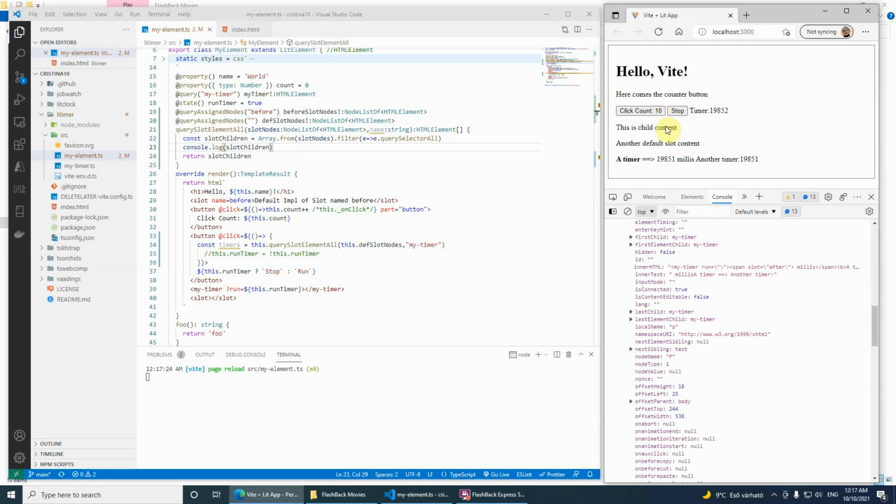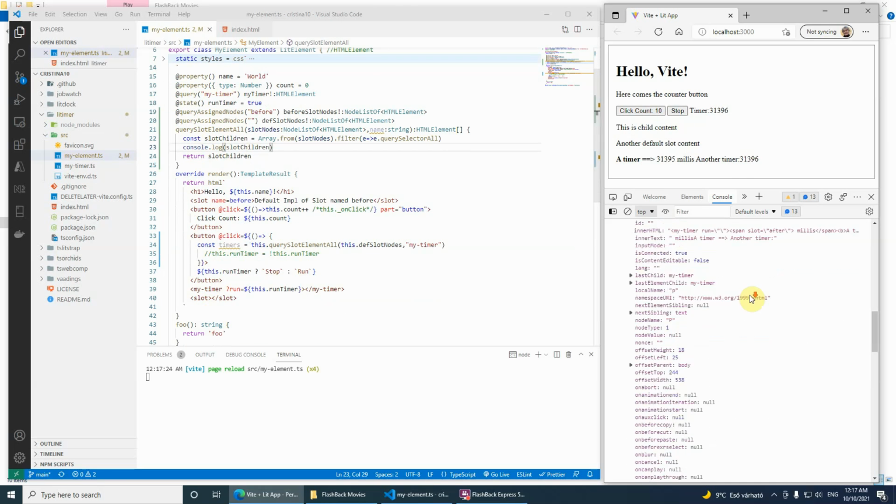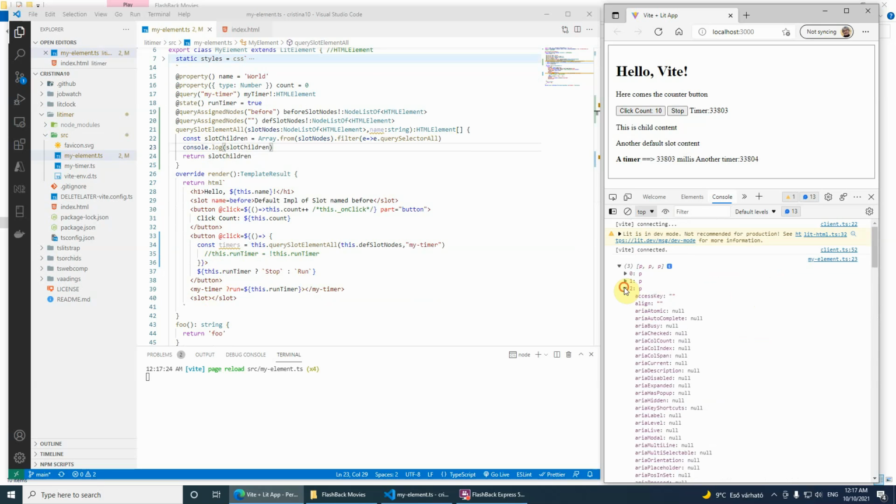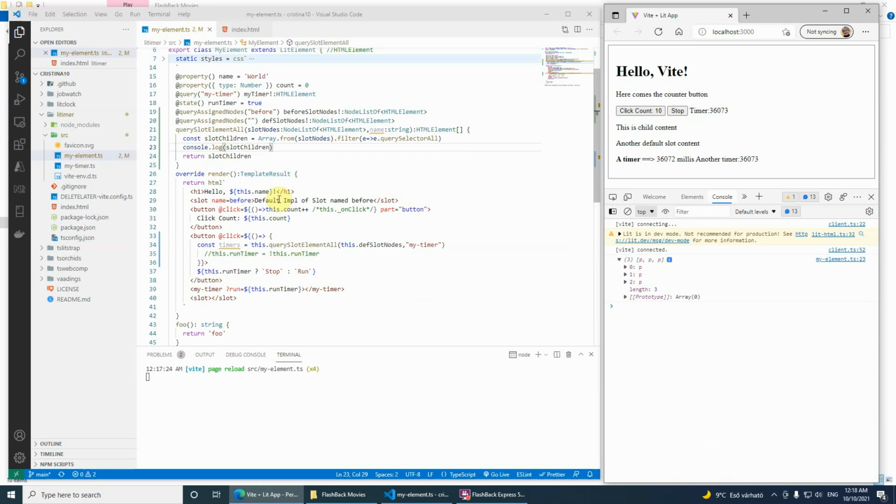So I want to find these timers within these paragraphs. Okay, excellent. So the next step is then, we have all of the elements that have the query selector function, and the next is just to use the